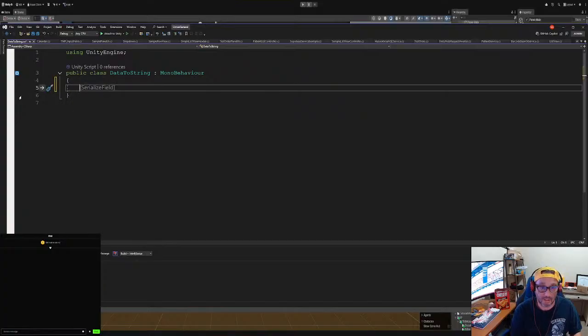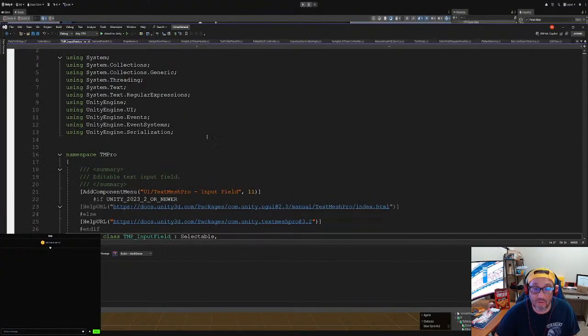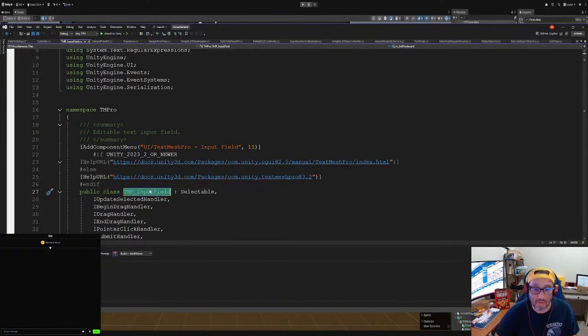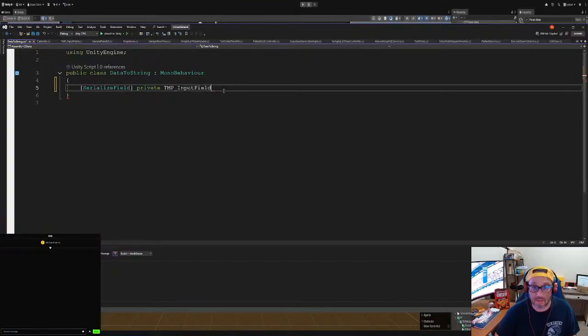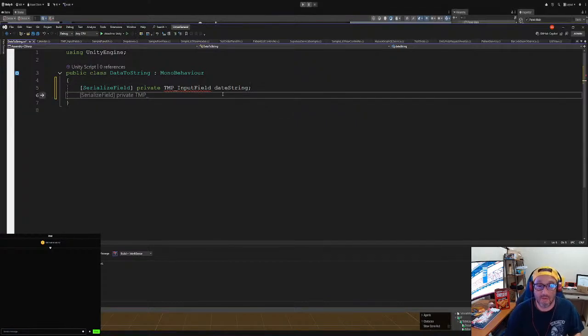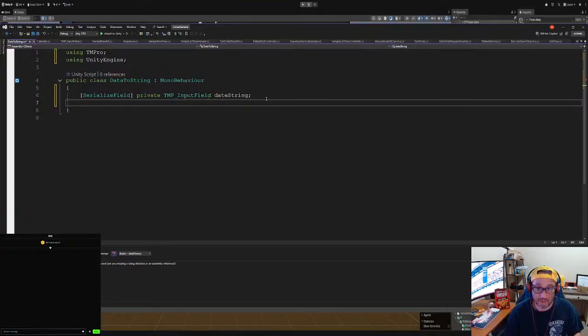We are going to say serialized field, private text. Was it text? No, it wasn't text channel. It's text input field. Yeah, text input field, and then we're gonna say date string, right? Date string or whatever you want to call it. And then we also got to name the namespace here, using the namespace that